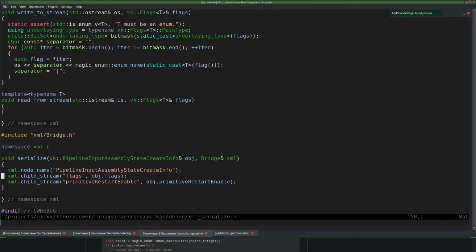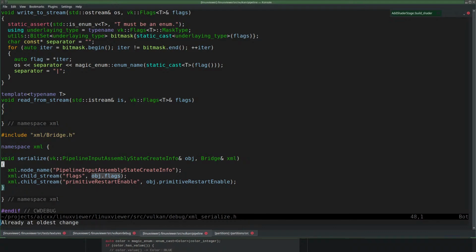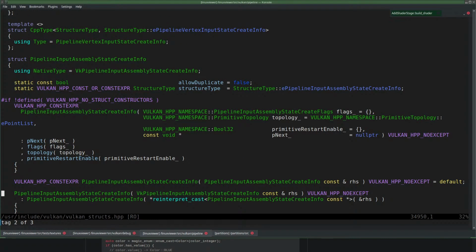I might as well set it flags here, I guess. Just object flags. No, let's not be ridiculous. Pipeline input assembly state create info. Is that really the one?